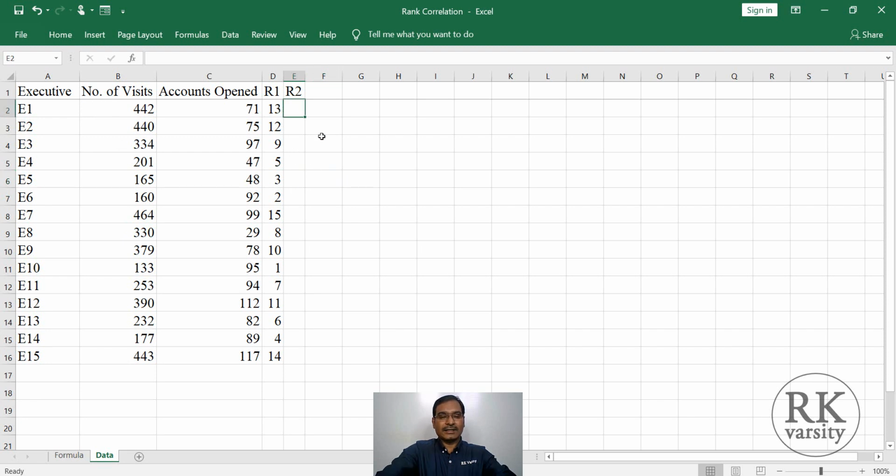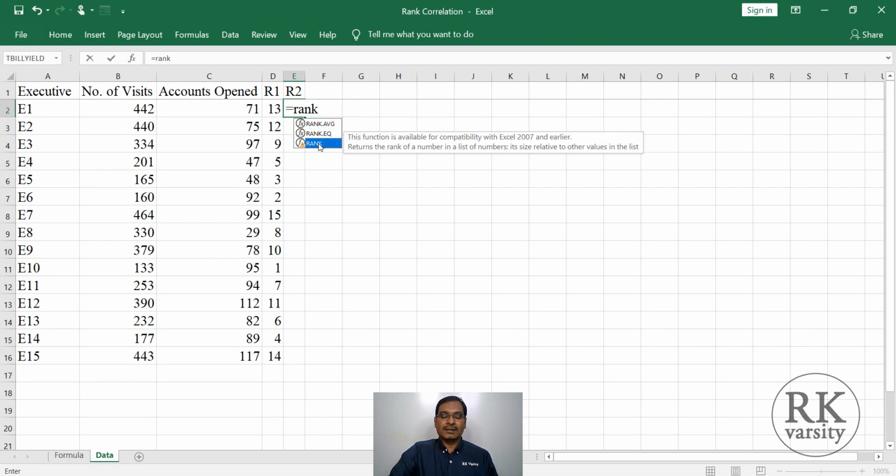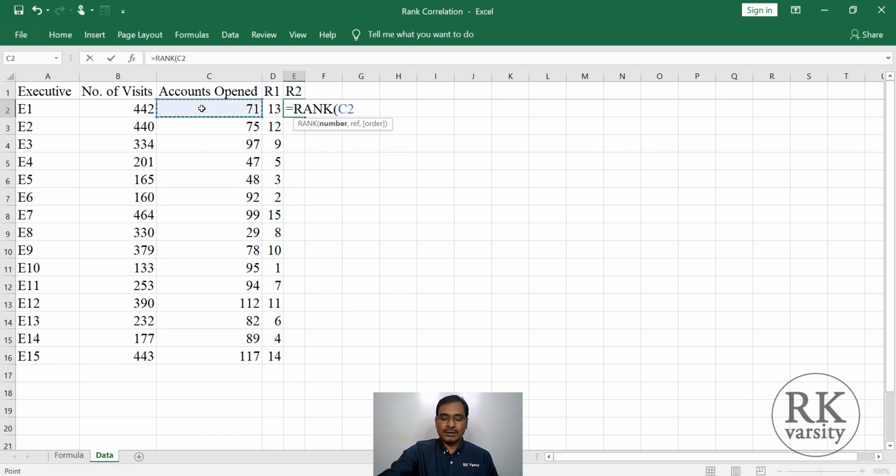Now we calculate rank for the second one. So here equals RANK. Rank average is available in Excel 2010 onwards, whereas RANK is available in Excel 2003 as well as 2007. So we use RANK. Now number, place a comma, then reference.